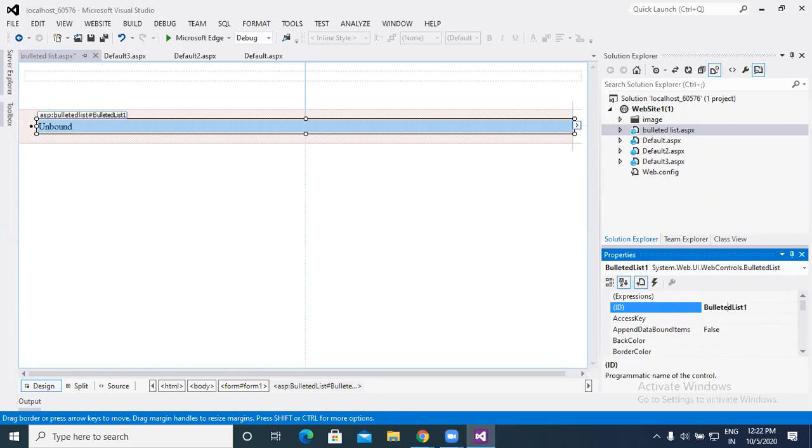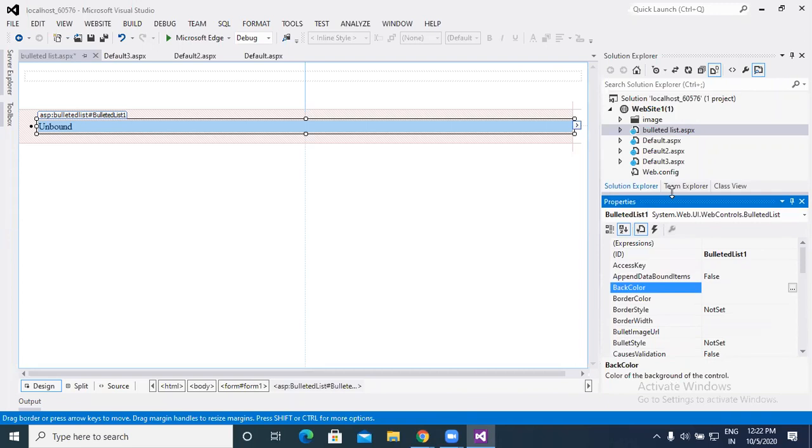Access key is useful for keyboard shortcuts. Append data bound items, by default false. Back color, if you wish to apply, we can set a background color for the bulleted list. These are the important properties if you wish to decorate our bulleted list.